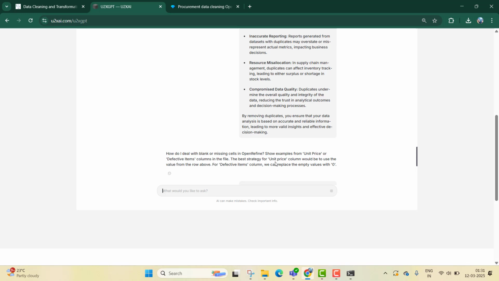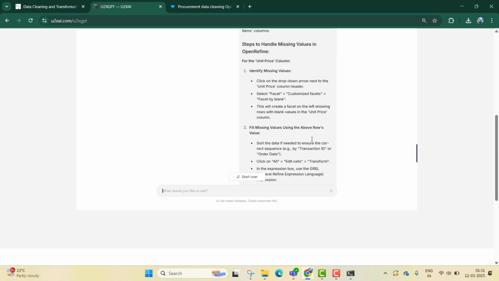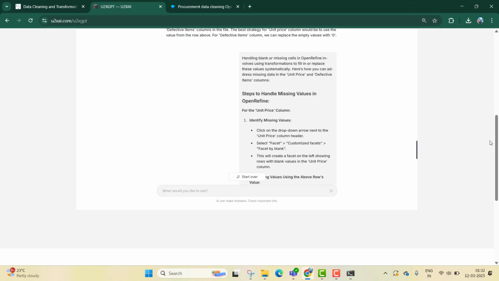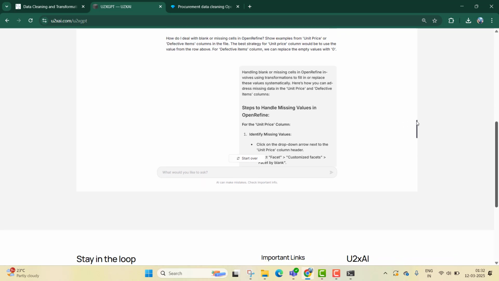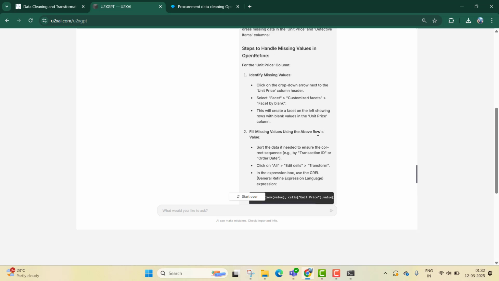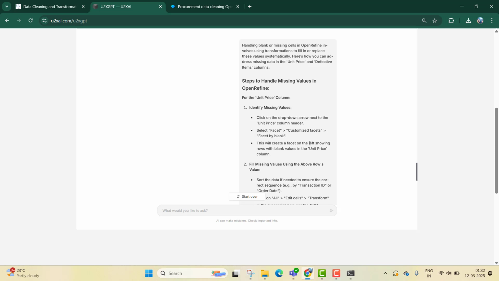So for example, for unit price, I've decided that I will take a value from the row above, because if the number of missing values is large, we cannot delete them. In some cases, if it's a large data set and only one or two values are missing, we can go ahead and delete those entries. But if it's large numbers, it's better to replace them. So for example, in case of unit price,